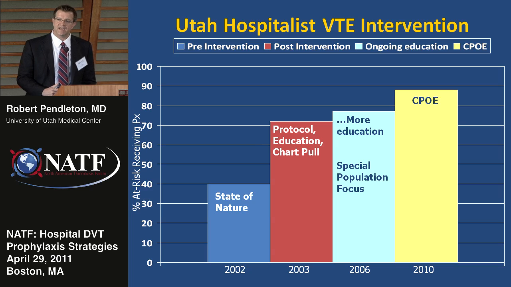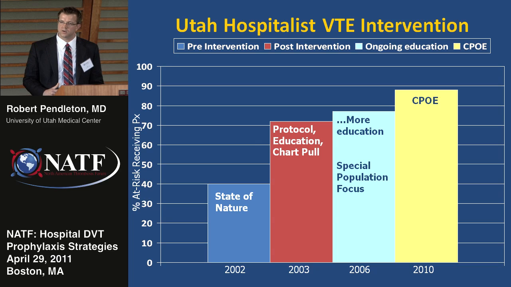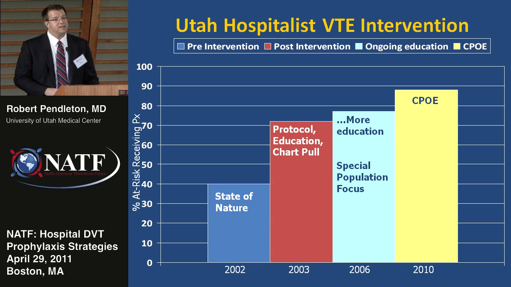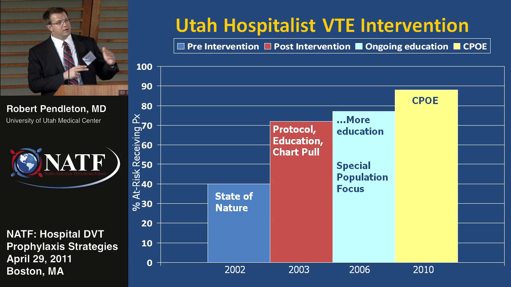Until last year, we had implementation of computer order entry, and so all of a sudden it gave us the ability to easily accomplish the next step, which is less is more, where we could simplify and streamline our protocol and implement it directly and consistently into the point of order entry, and our prophylaxis rates are now close to 90%. So for us, the next part of getting to 95% is taking advantage of our hospitalist workforce to drive absolute systematic delivery of VTE prevention.